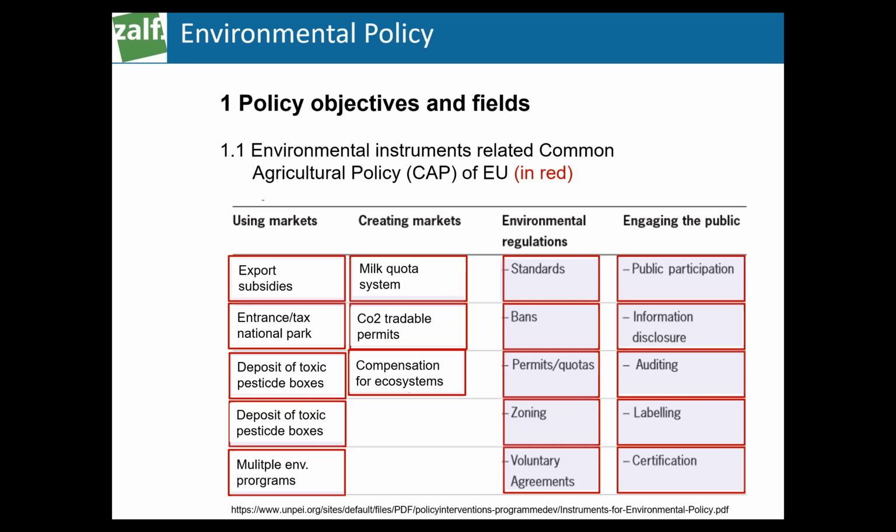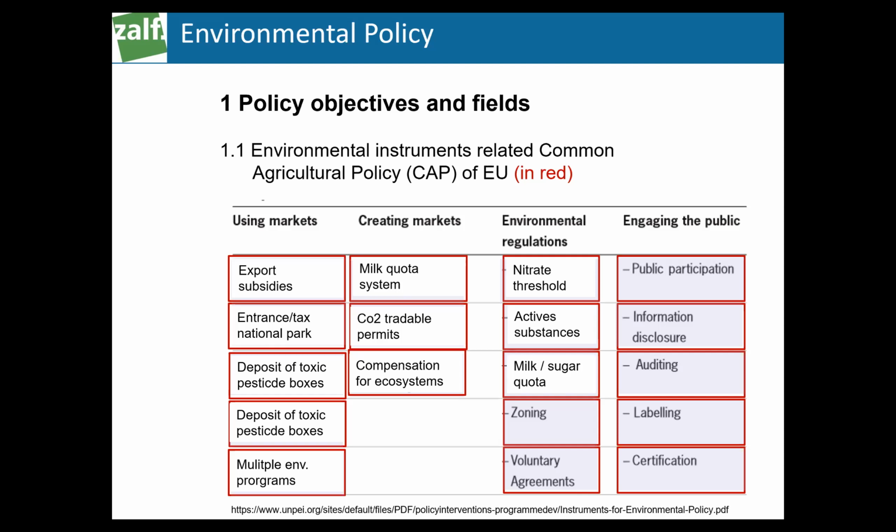Environmental regulations, the standards, is a classical one. Nitrate thresholds are a clear standard in the EU system: a certain concentration of leached nitrate, and if the threshold is exceeded, then there is a formal accusation to the member state from the EU legal system. Bans: active substances are banned. Certain pesticides are completely banned, and then it is not possible to use them anymore.